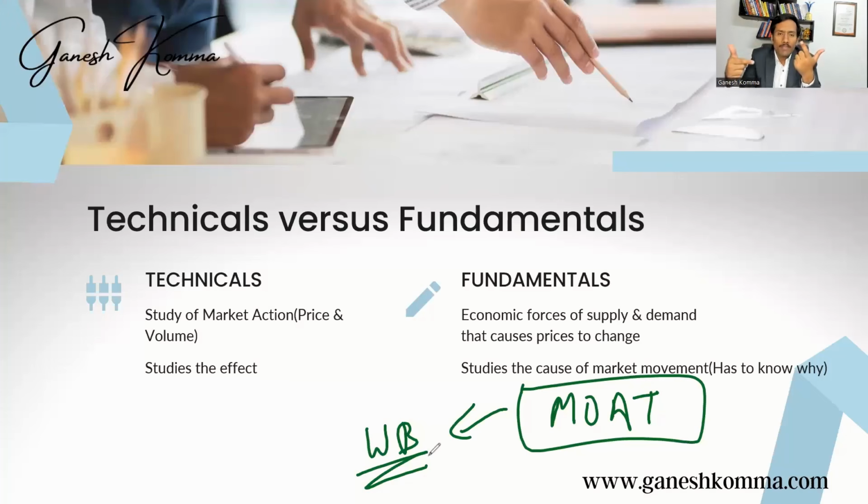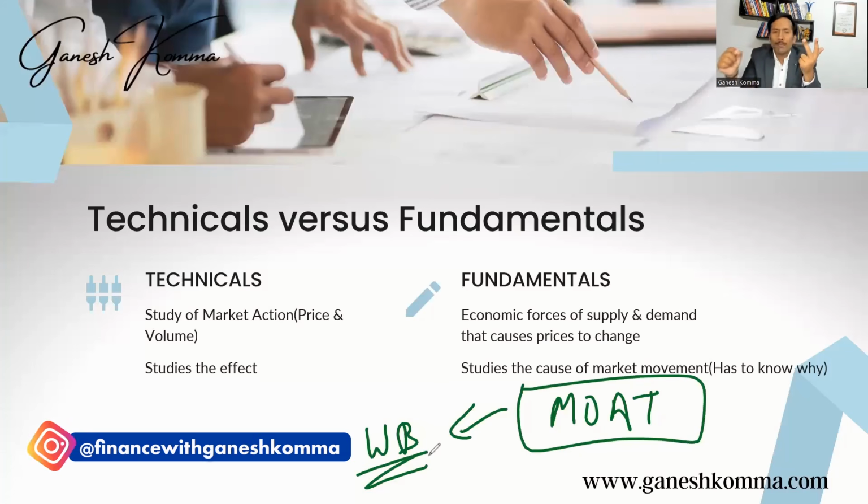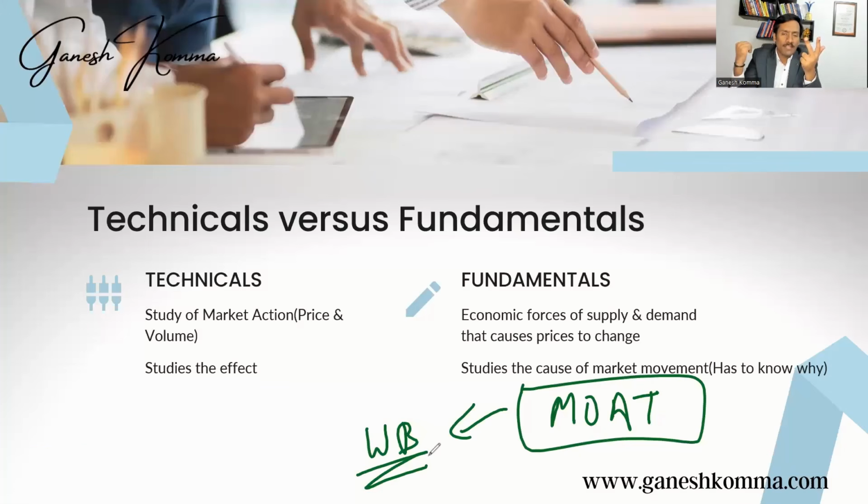It has some unique, niche products that everyone can't manufacture. Very few competitors are there. It manufactures products where the manufacturing cost is so high, the entry barriers are so high that someone cannot easily establish their business. So all these factors are related to competitive advantage in a business, called moat, M-O-A-T, as defined by Warren